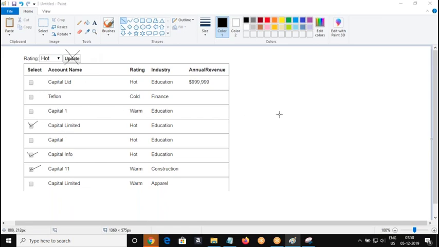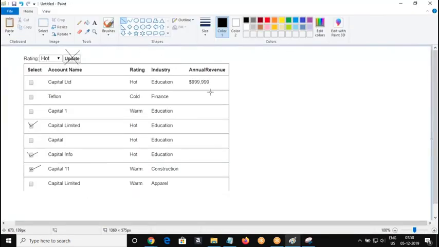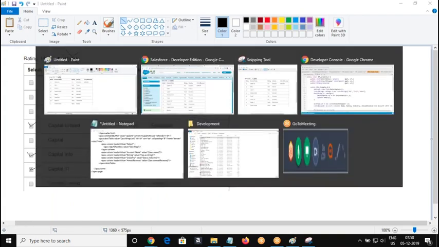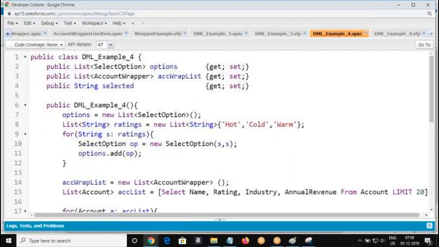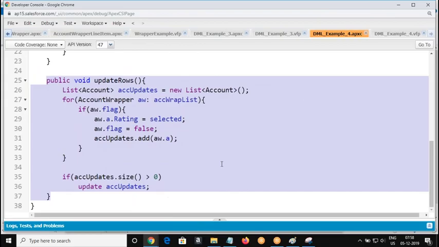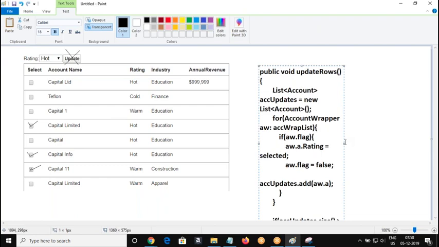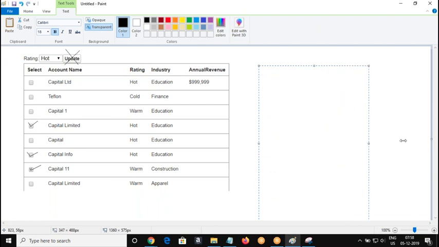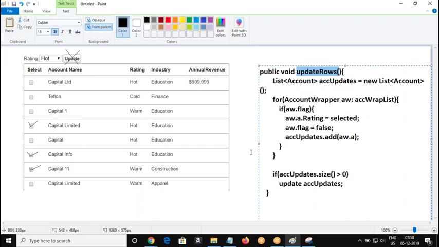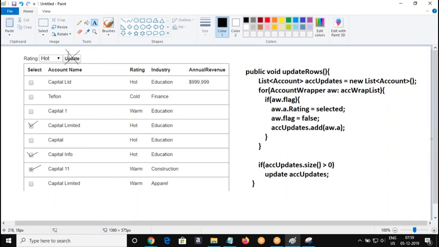Anyway, the update needs to happen on your Apex side only. But now the method needs to be called not through button click. The update rows method is going to be called on change of the option. Got me? So the update rows method we are going to call on change of the rating option. How are we going to call the controller method on change of the option? We are going to use